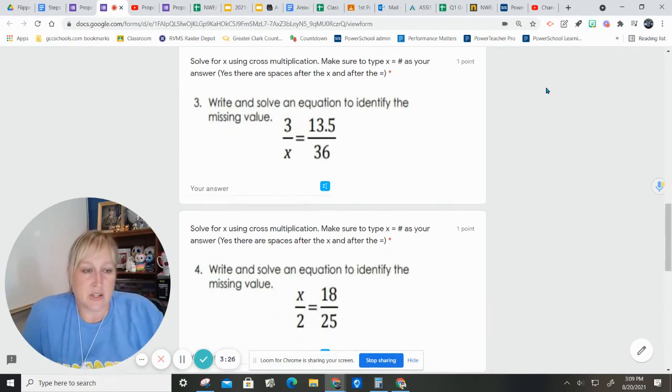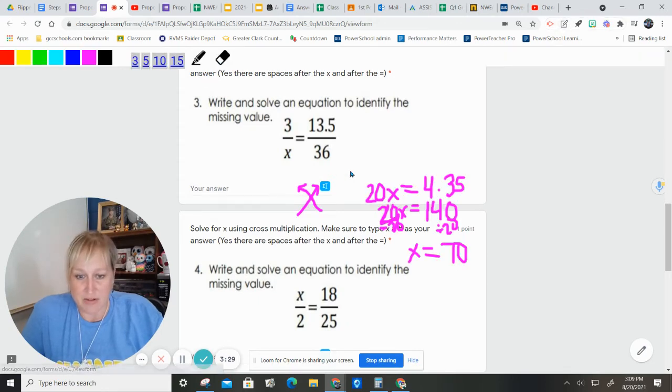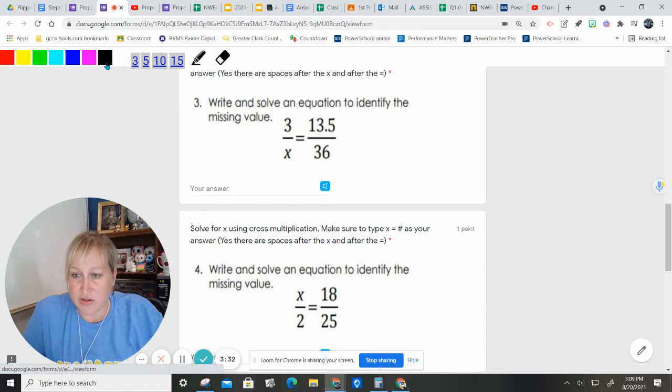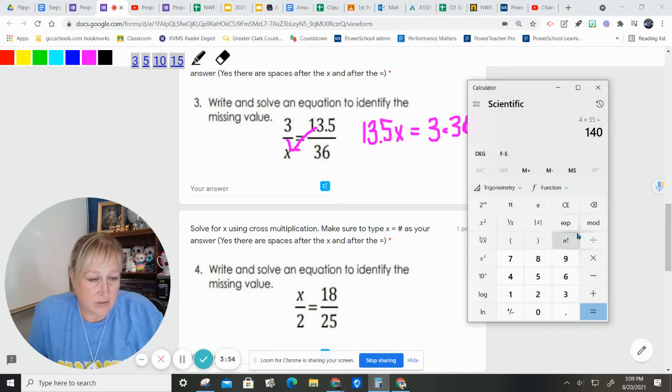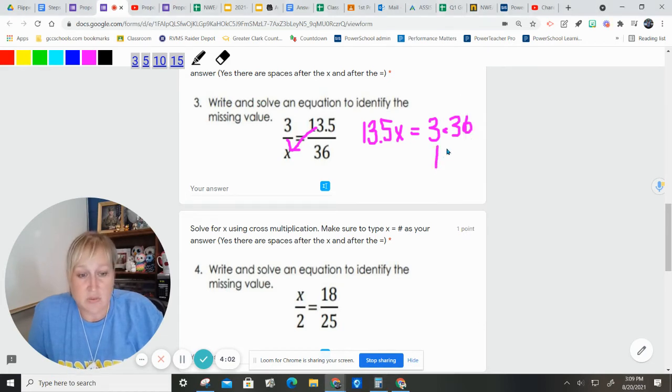All right, so again, we're going to do the next problem and make sure that you all have mastered it. So push pause and try it on your own, on your desk or piece of paper, or whatever writing thing that you're using. Then come back here and check. Again, I'm going to state that I like doing the x first. So I'm going to end up with 13.5x equals 3 times 36. Now, I don't know 3 times 36 off the top of my head. I think it's 108, but I'm not sure. 36 times 3, I was right, is 108 equals